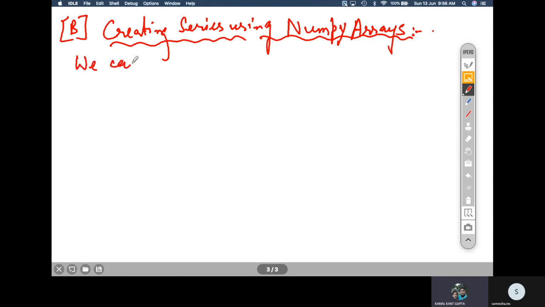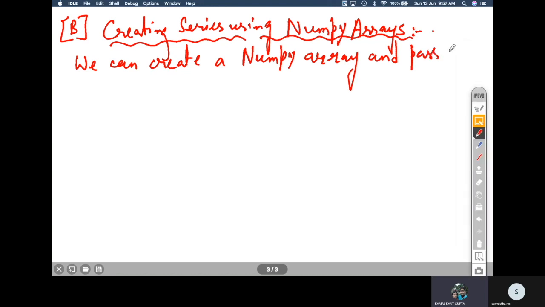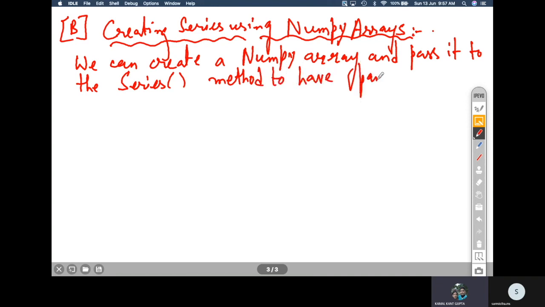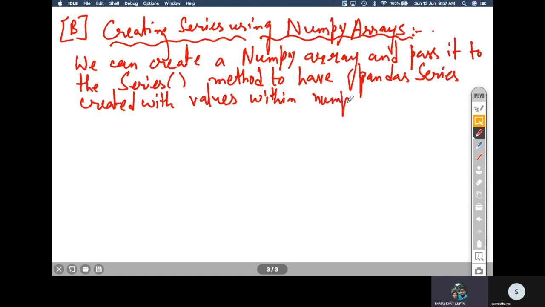So we can create a NumPy array and pass it to the Series function, the Series method actually, to have a Pandas series created with values within the NumPy array.